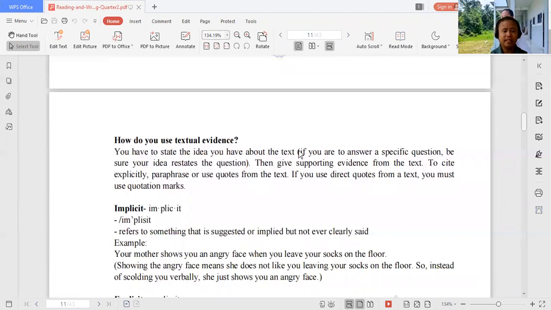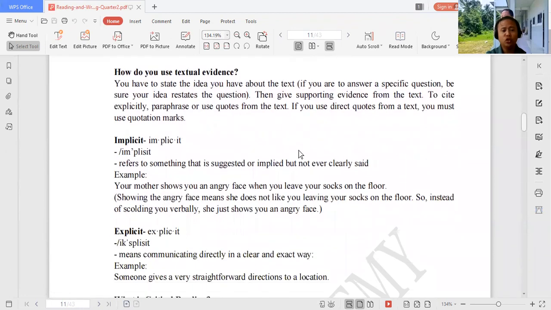Now, about what is implicit, meaning it implies something. For example, I have a crush on a lady. So, what will I do to get her sweet yes? First, I have to be kind to her. I have to show that I am fitted for her, that I care for her. Okay, and that implies love. If it is true love, it implies that I like her so much. So that is implicit.